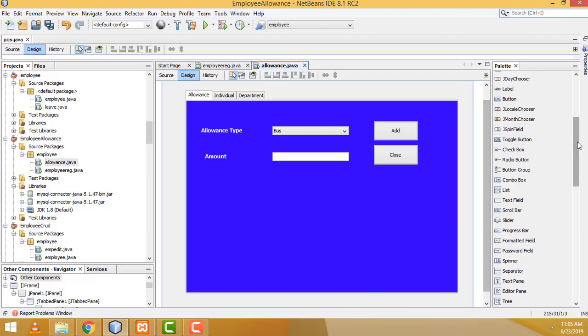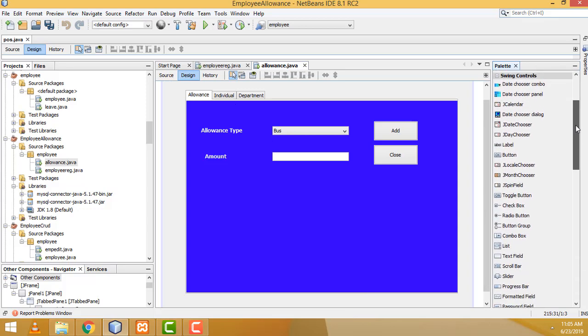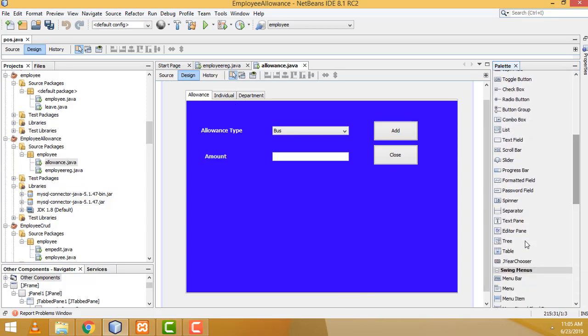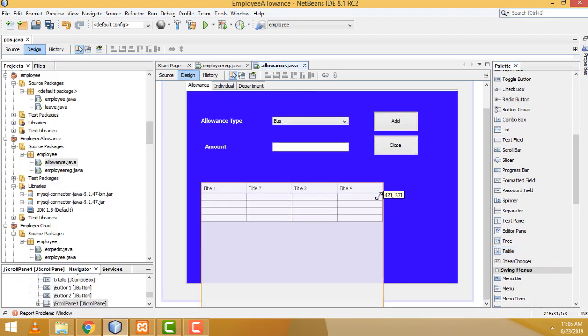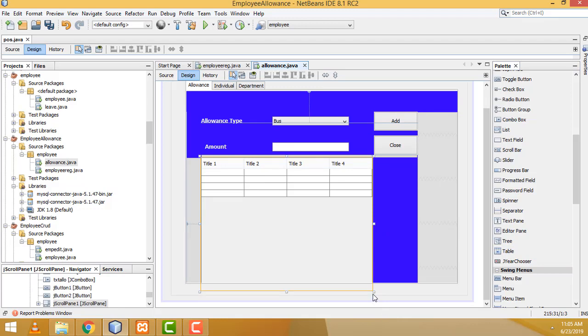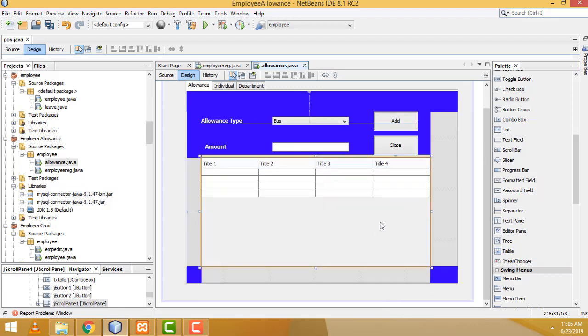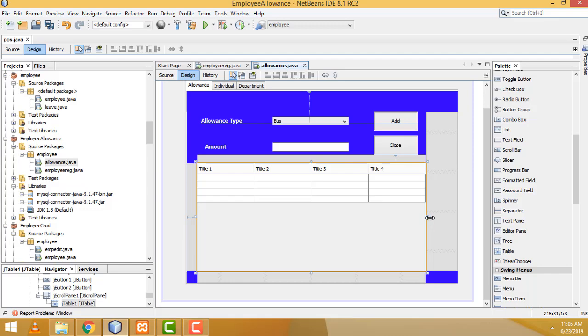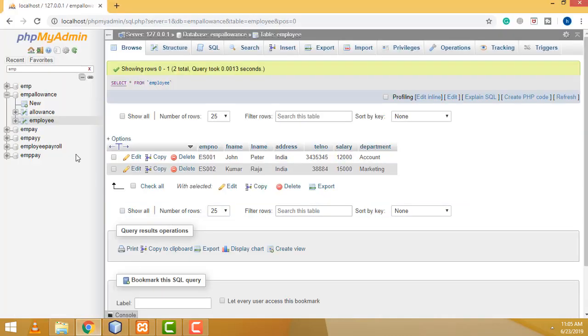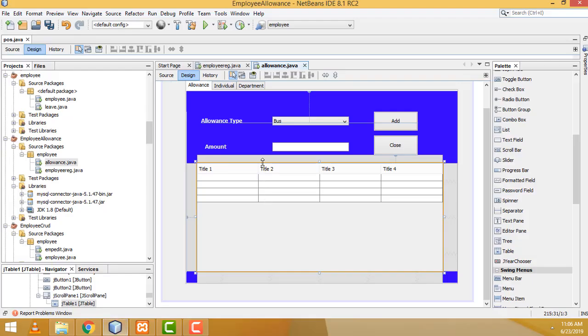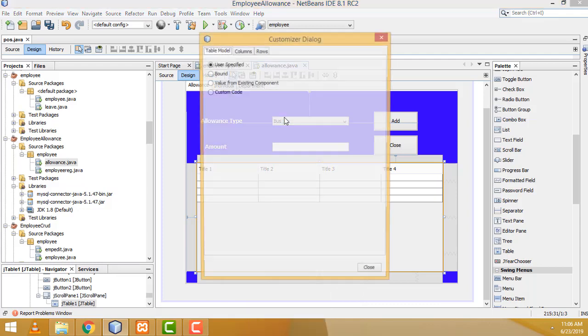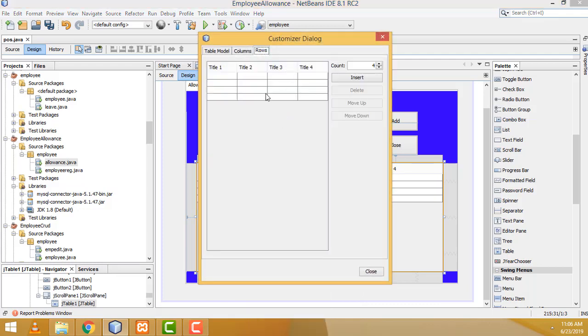After that I'm going to go to the palette. I drag one table, right? Drag one table right here. We have to pass this allowance table, right? So what are the columns? 1, 2, 3, 4, right? So go here, right click, table contents, rows. You have to remove the default rows, select and